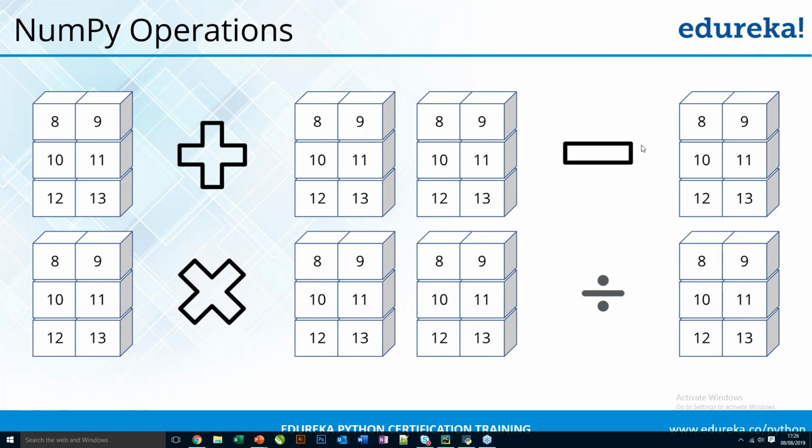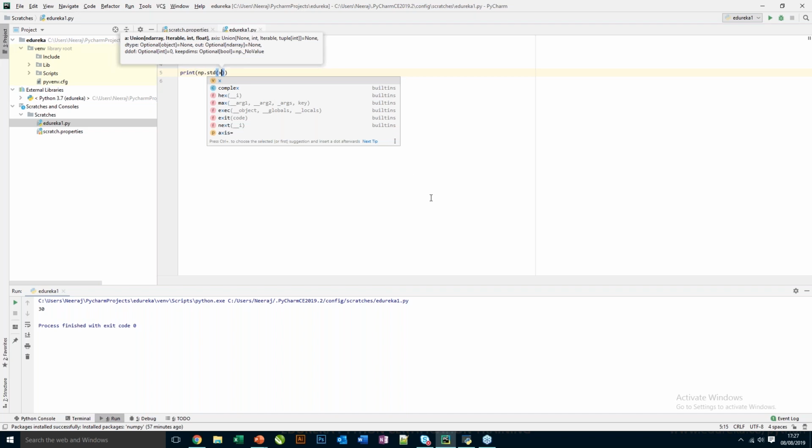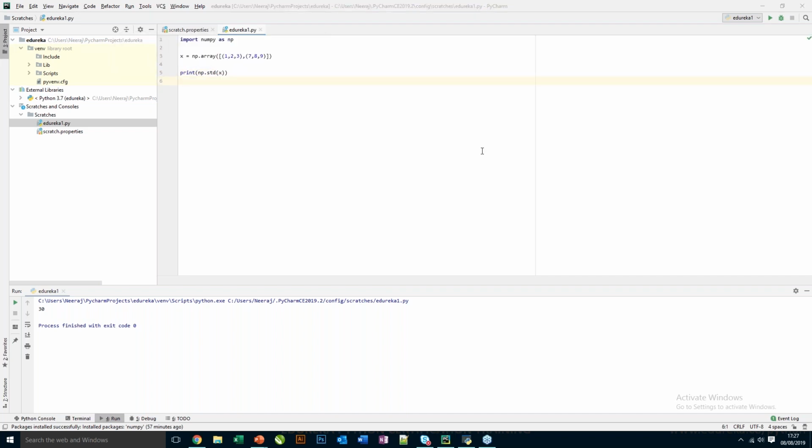And suppose, as a simple example, we want to find a standard deviation, correct? So again, we can remove the sum, and here we can simply use the same np command, and then use the deviation function, because we want to find the deviation of x that has been defined, correct? So if we execute this,